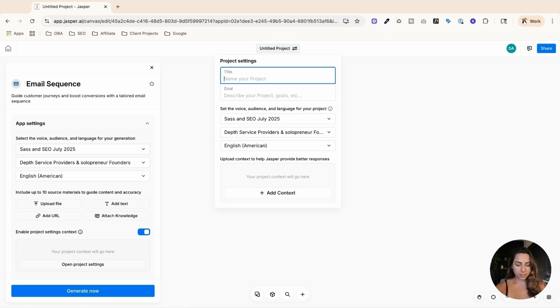So for this one, we'll call this the gut health nurture campaign after someone opts into the gut health checklist. Okay, so you're going to give it a title, you're going to give it a little bit of a goal here, that way Jasper knows what it's working with,